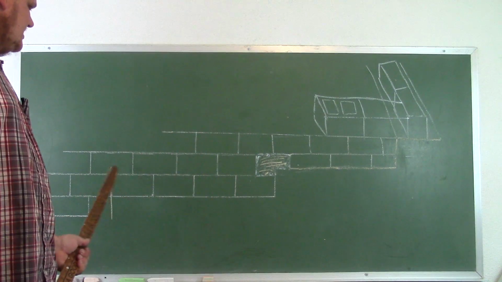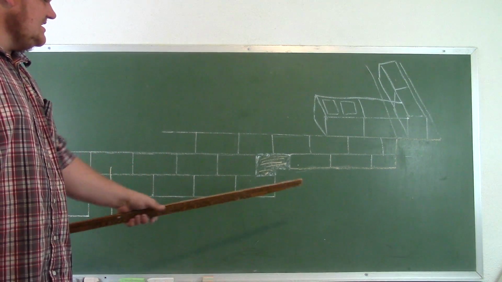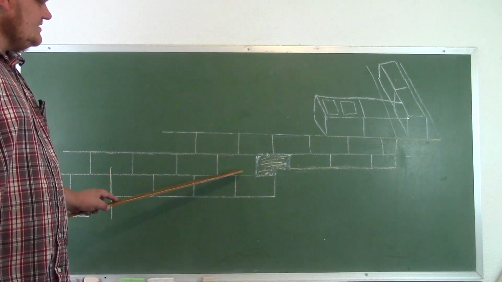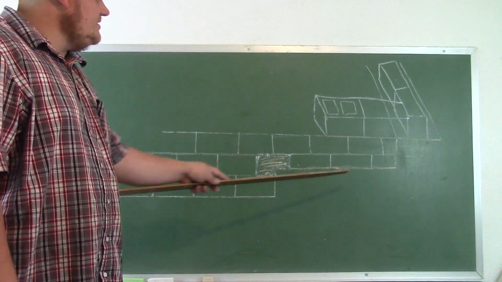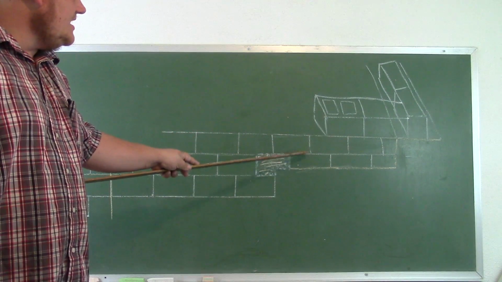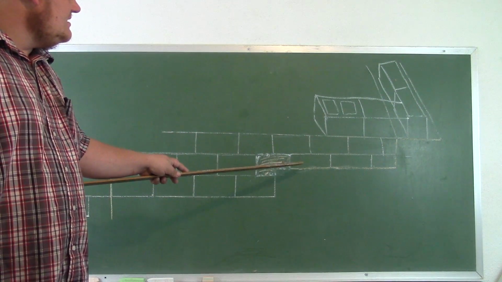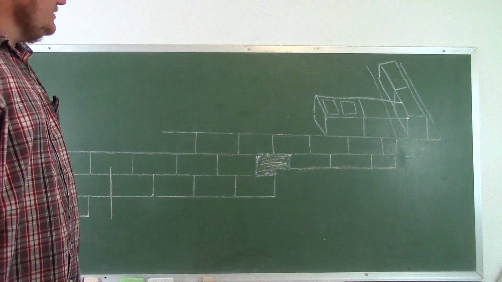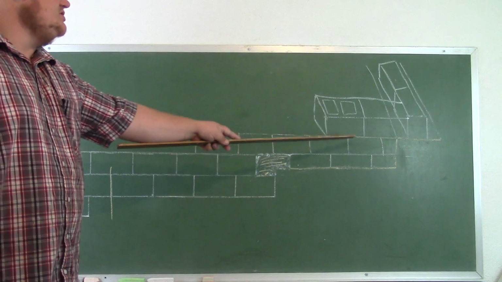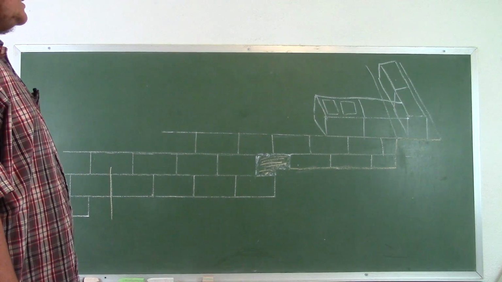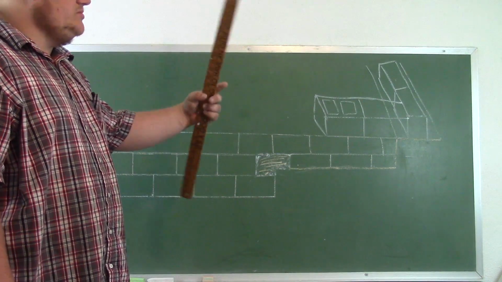Obviously we'll be laying from this side to that side. So get 2 courses right here, leave this part open, start back over here and lay blocks in to about in here somewhere, wherever the blocks lay, and then just fill that void with concrete. And that puts us back on a level plane. So I'm only going to have to cut 3 blocks